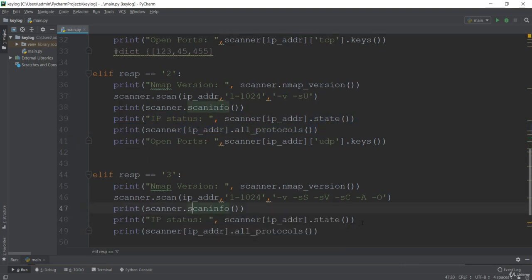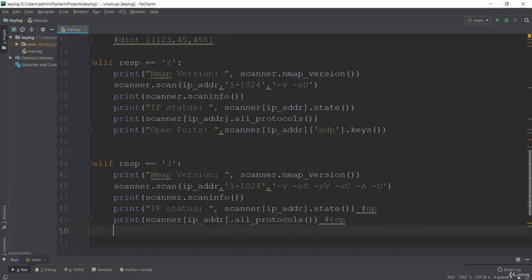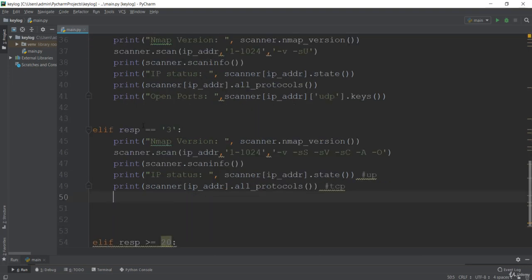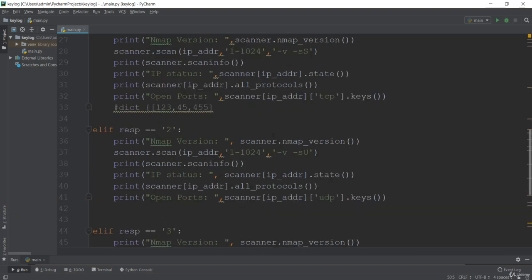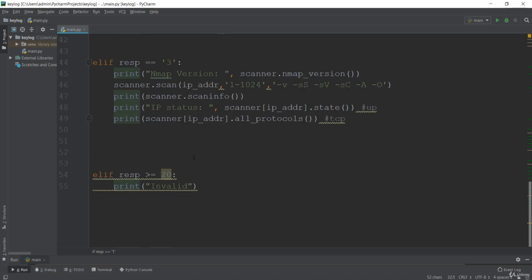This IP status is going to show us if the machine is up or down, and this will give us the TCP protocol. And the next one is I want to check for the open ports. So here in this comprehensive scan, I want to do this TCP open port scan. Let me just copy this and paste it over here.